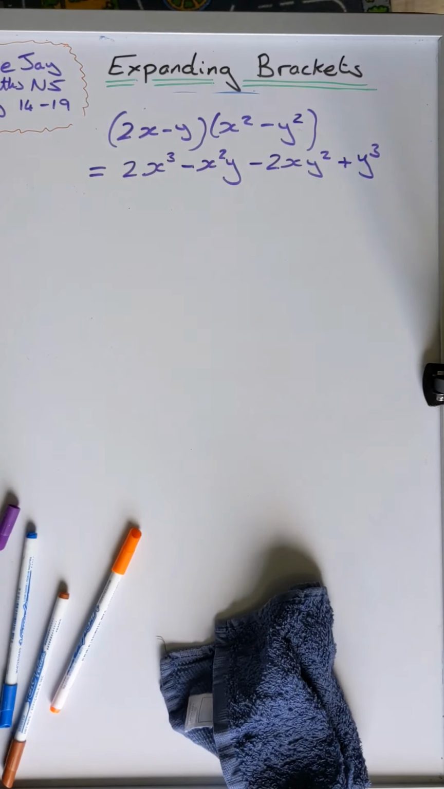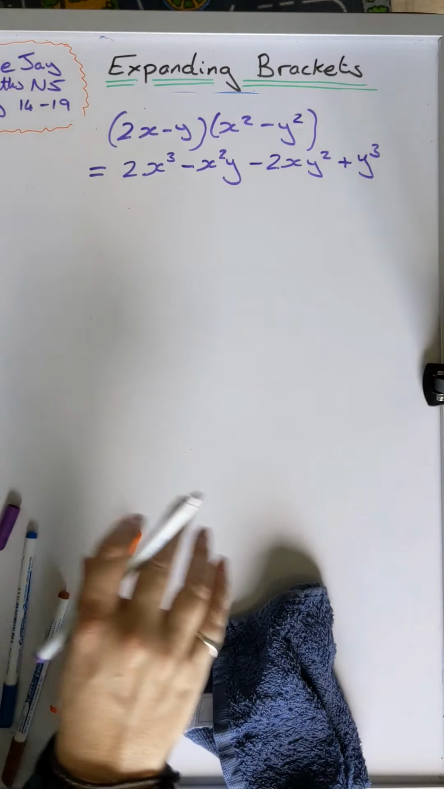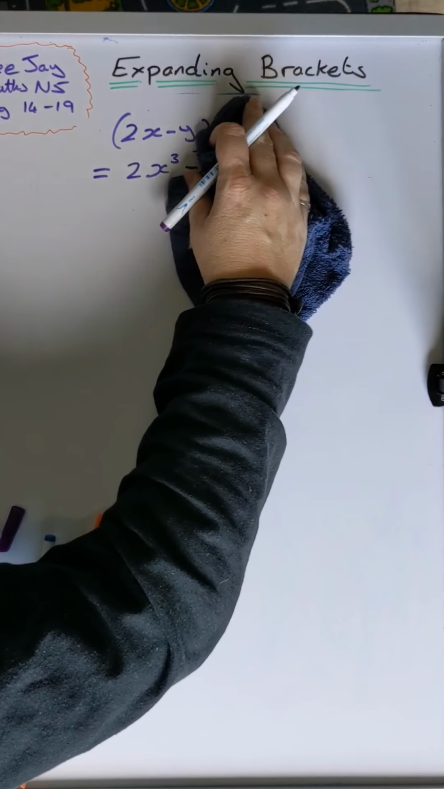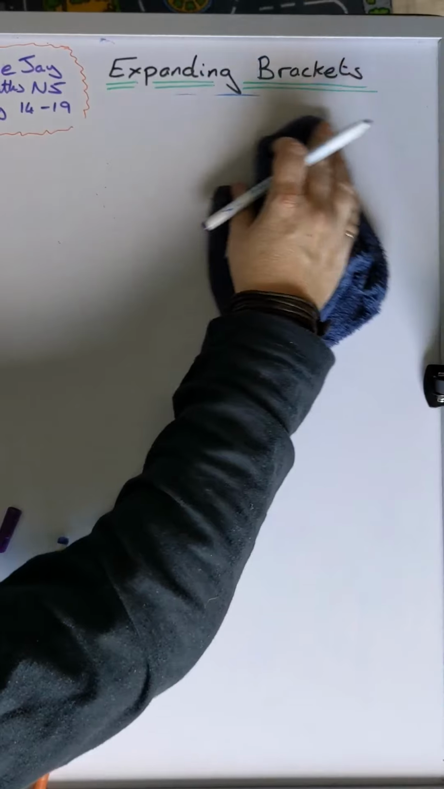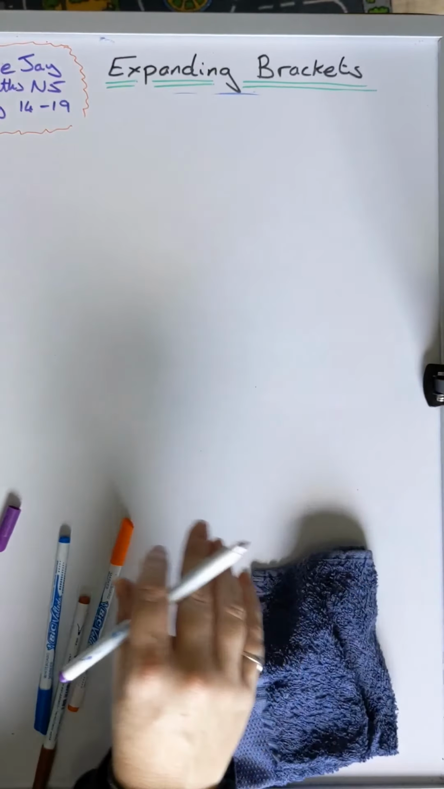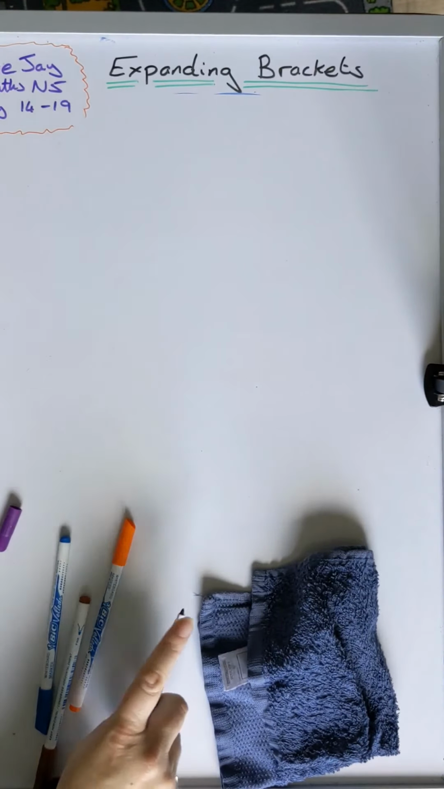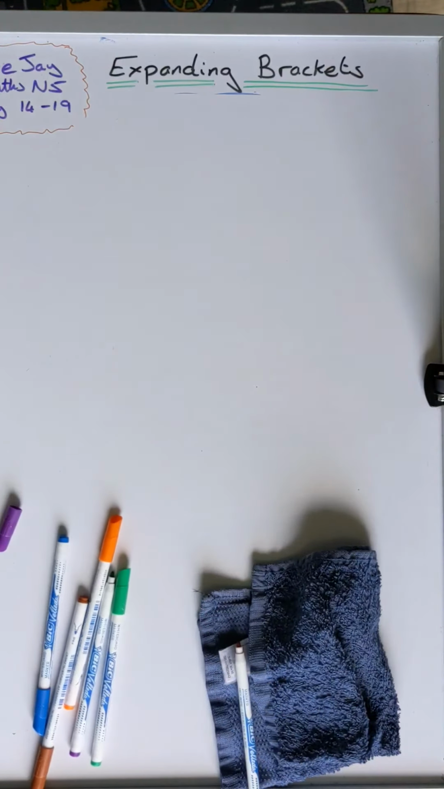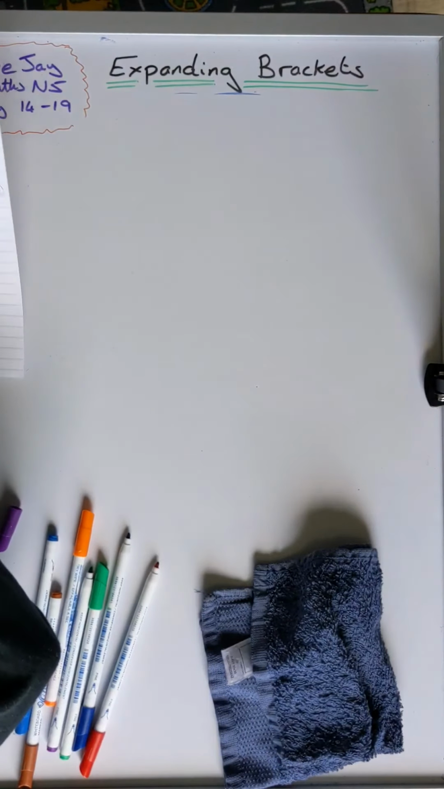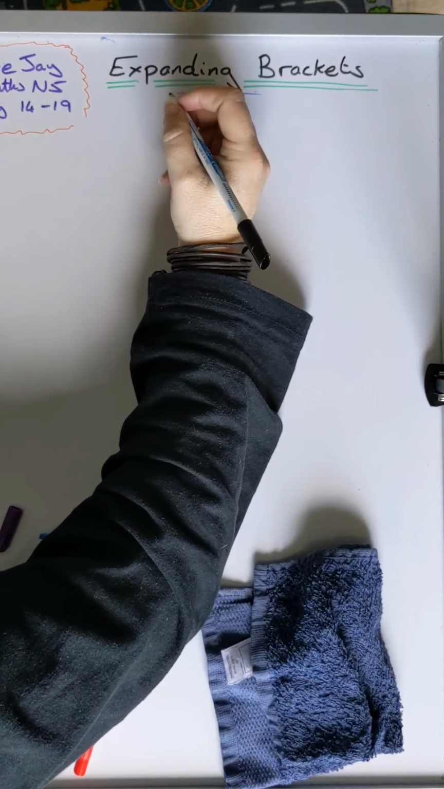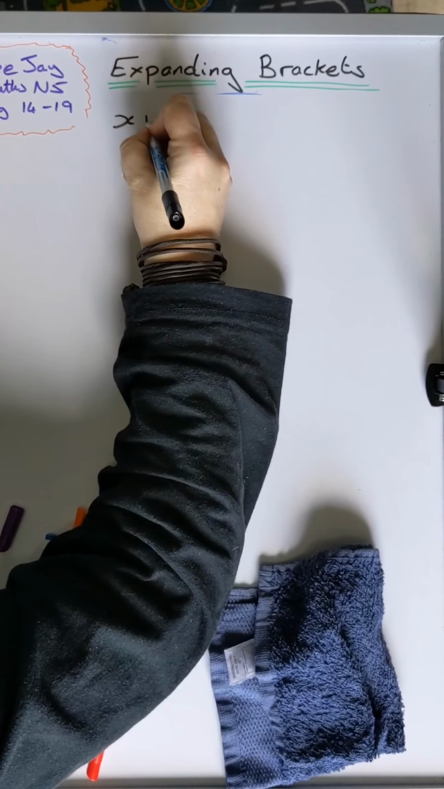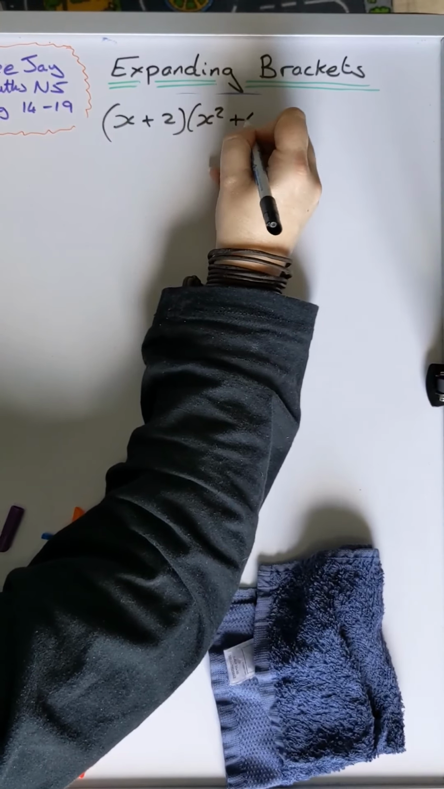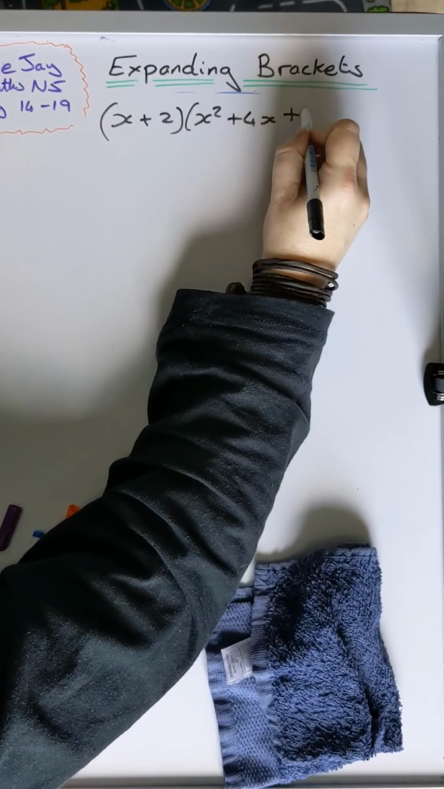Right. I want to show you the rainbow method next. The rainbow method can be used on standard double brackets, but it's handy and really comes into its own when you're dealing with bigger brackets. So let me try not to cover myself in pen here. If we have x plus 2 times x squared plus 4x plus 1,